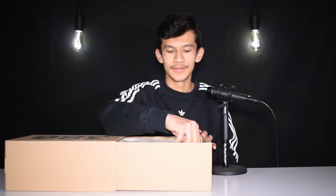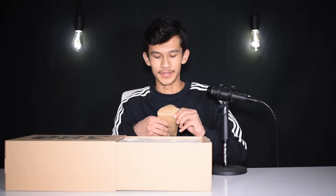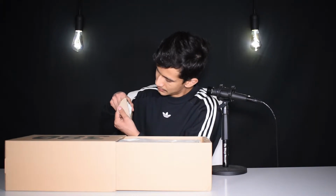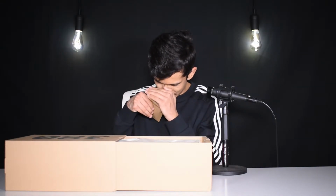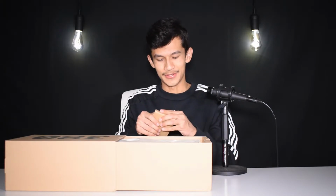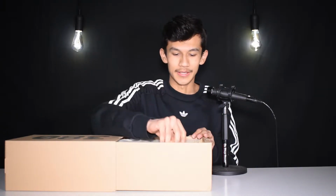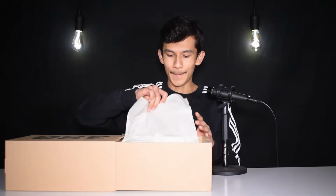Alright, so here we have the laces. They're always putting these in them now, so are these glowing in the dark too? No way. I think the aglets of the laces are glowing in the dark, but I'll get into that after showing you guys these shoes. So let me put these back inside, and